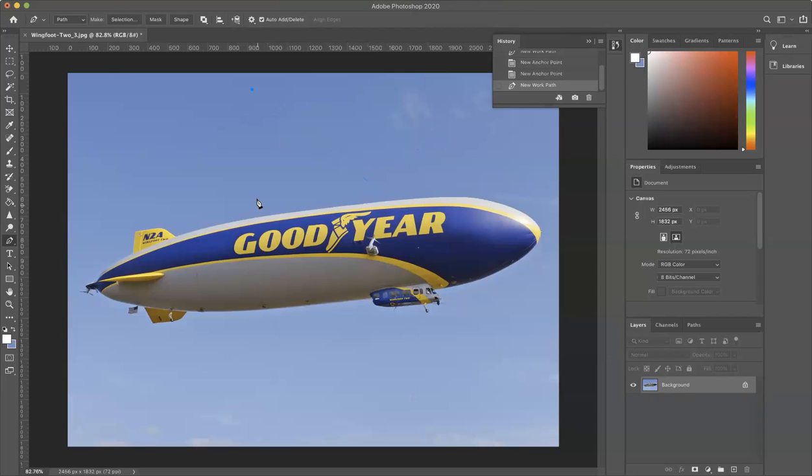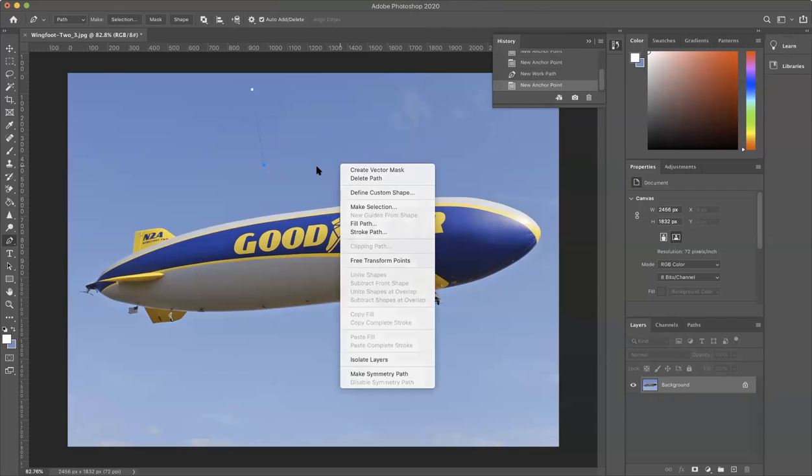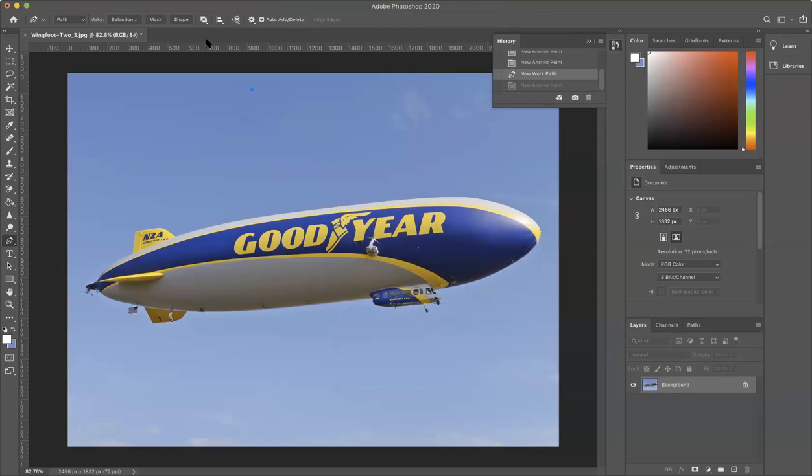So if you're not getting the preview I was hoping for, whoops, undo here. Let's go ahead and go up. If you have your pen tool selected on the top bar of your Photoshop window, you'll find a little gear, a little cog thing here. That's your options for the path. And if you go down, there's a thing called rubber band. Rubber band is delightful. Rubber band shows you where your next line is going to go based off how you've